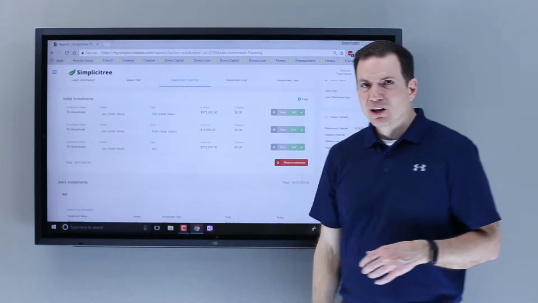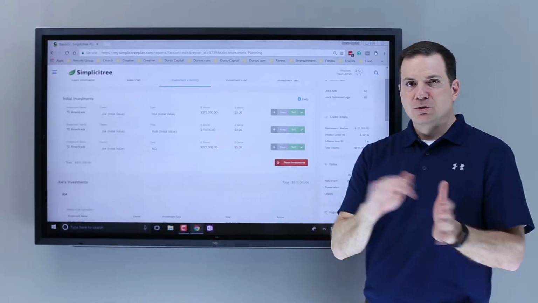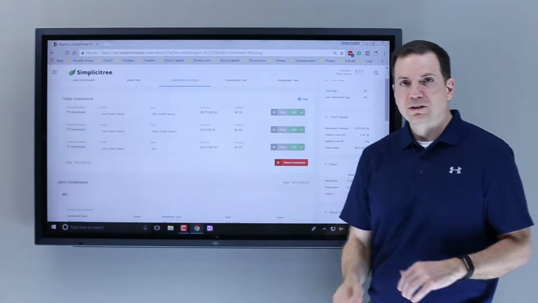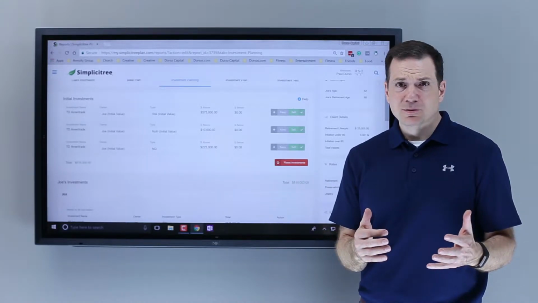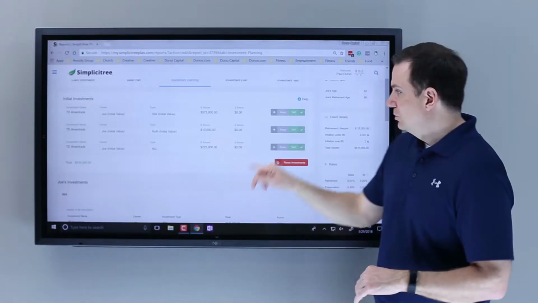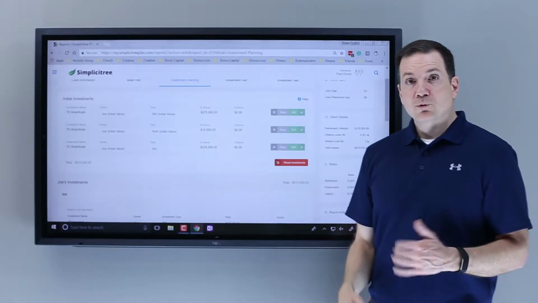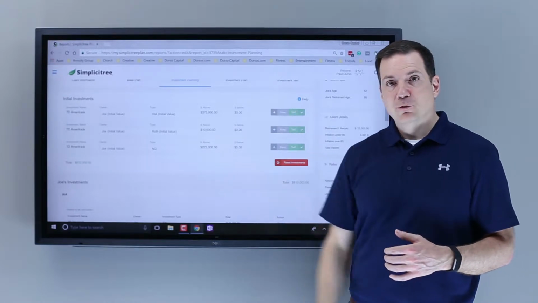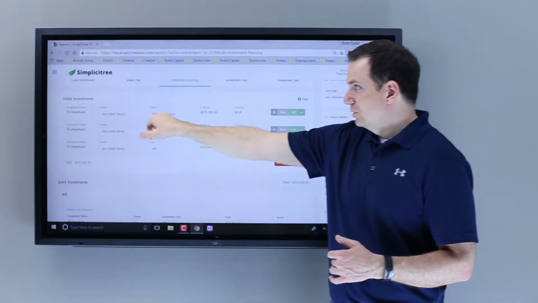And this is one of the things that I always like to tell my advisors or advisors that use this system. Don't be afraid right in front of them to show rolling over a 401k, even if it's just a prospect, saying, hey, we use this custodian. What I'm going to do is I'm going to recommend we roll this over. So we're going to sell it out of your 401k, move it to a custodian, we're going to roll it